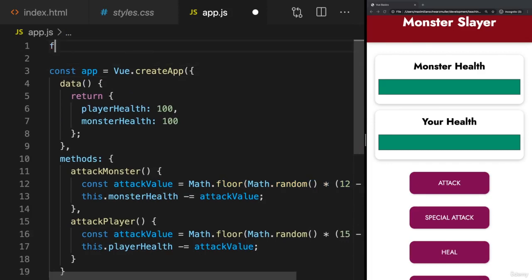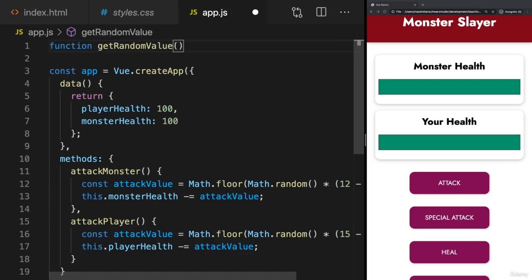Now, since I have the same formula for calculating a random number, I will actually outsource this into a separate function. And here I'll use a regular JavaScript function and not a Vue method, because this will be a function which I only call from inside my JavaScript code, which will not use any Vue-controlled data properties or anything like that, and which will not be called from inside our template, so from inside our HTML code. And if all of that is the case, if you don't need access to Vue-controlled properties, if you're not calling the function from inside HTML, and you only use it from inside the JavaScript code, then you can write a regular JavaScript function, and I'll name it